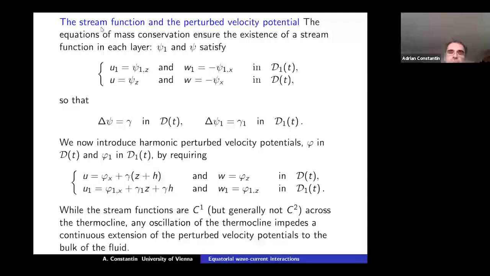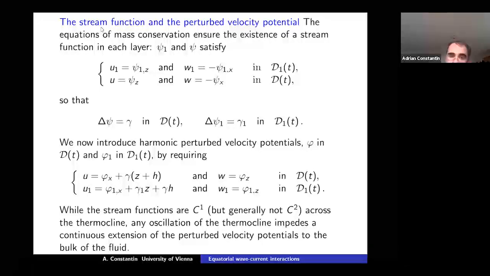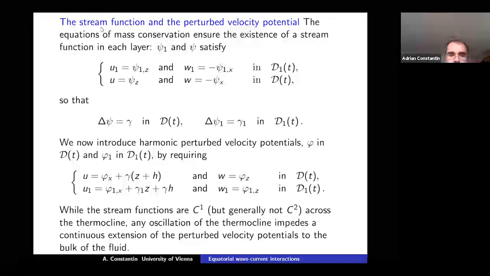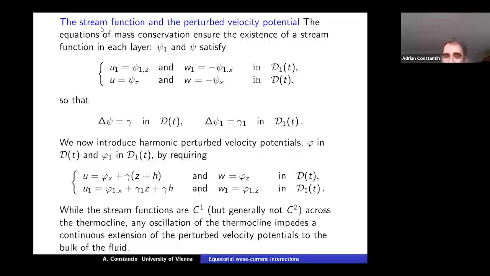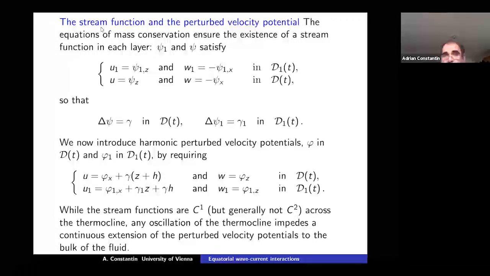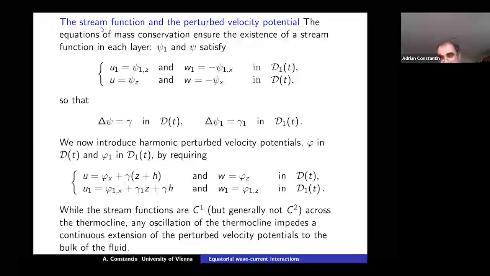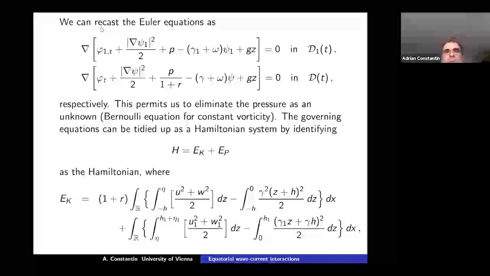Now, how about at the interface, what are the regularity properties that I have to account for? The stream functions are C1. So my assumption, based on the data that is available, was that the velocity field is continuous across this interface. That means that the stream functions, when you write down the expressions, you can convince yourself they are C1, they will not be C2. So psi and psi1 are a C1 extension of each other, but for phi, this is not even continuous. So one has to treat the two things somewhat separately.